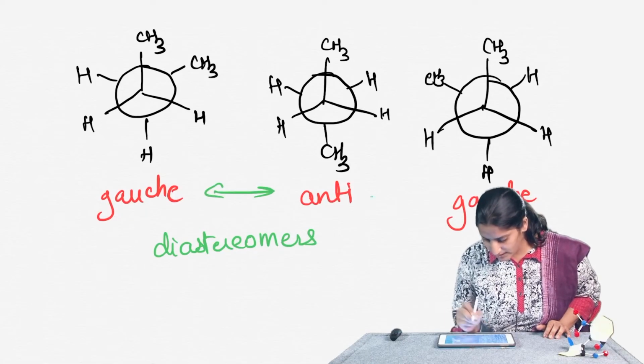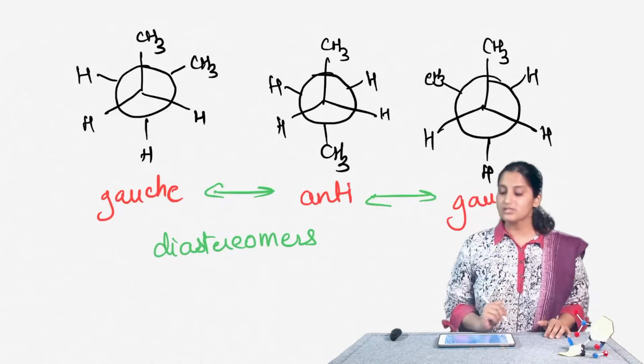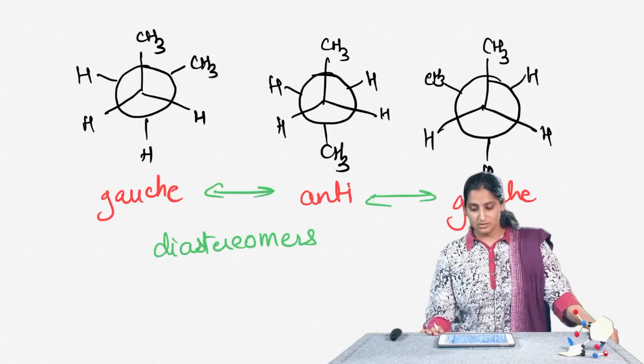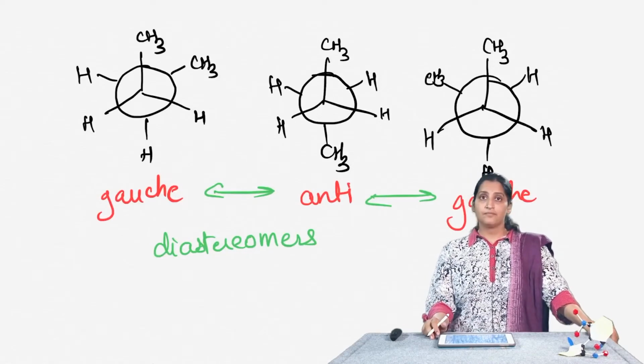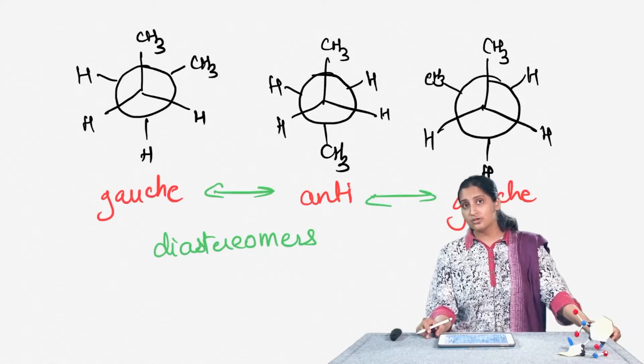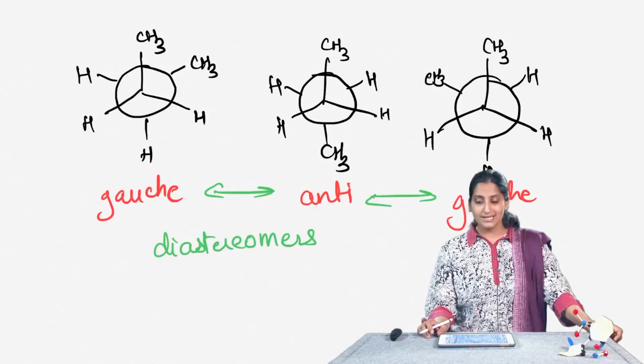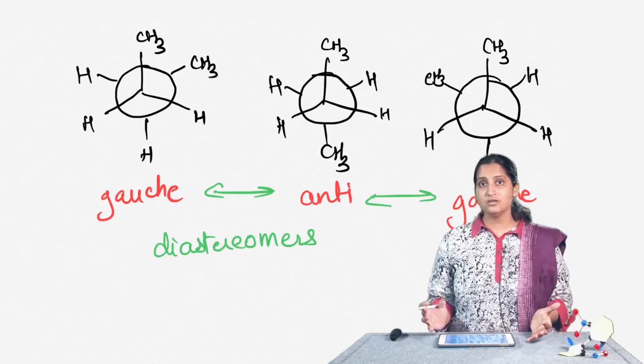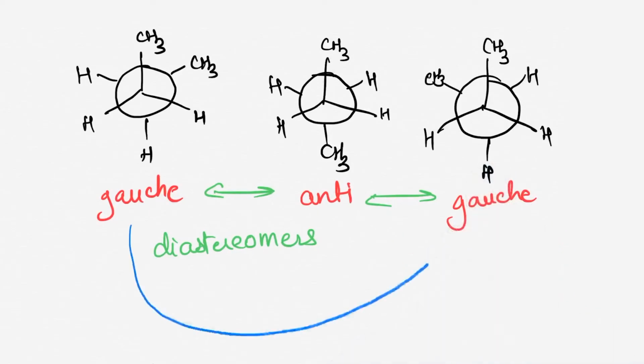Right. So, these two are diastereomers of each other and these two are diastereomers of each other. But now, if you focus on the two gauche conformations, you can see that they are mirror images of each other, but they are non-superimposable. So, these two in fact are enantiomers of each other,